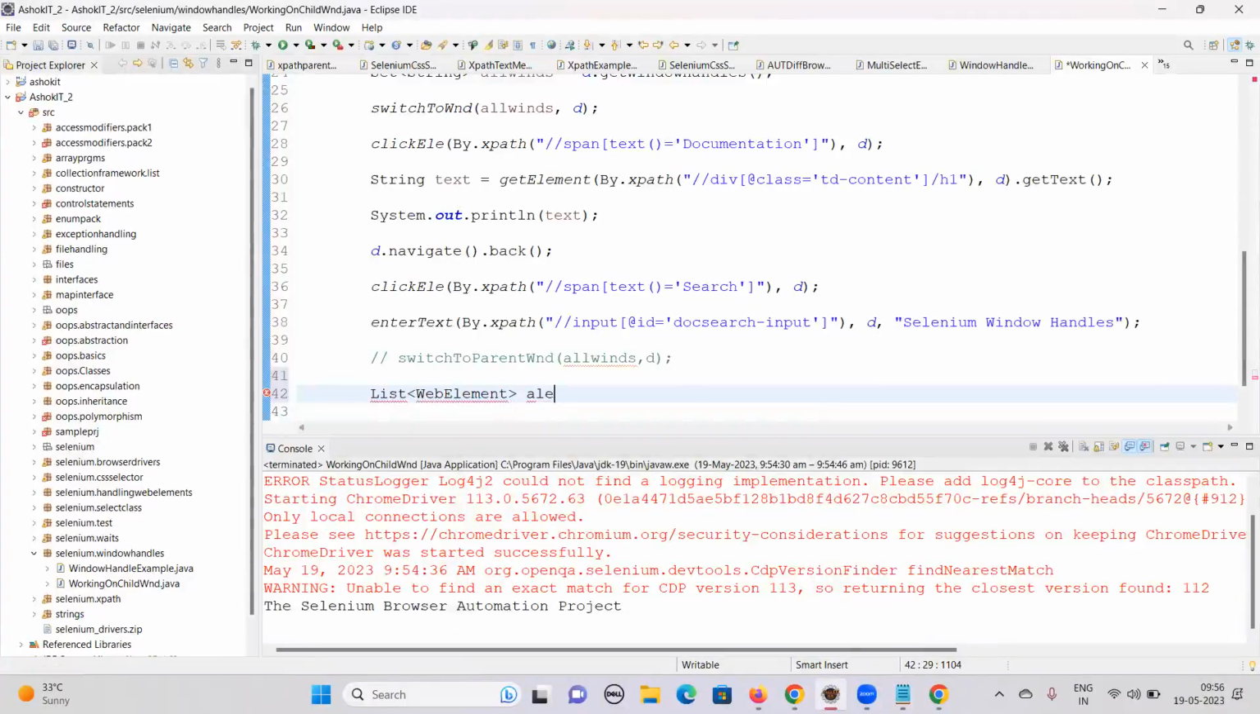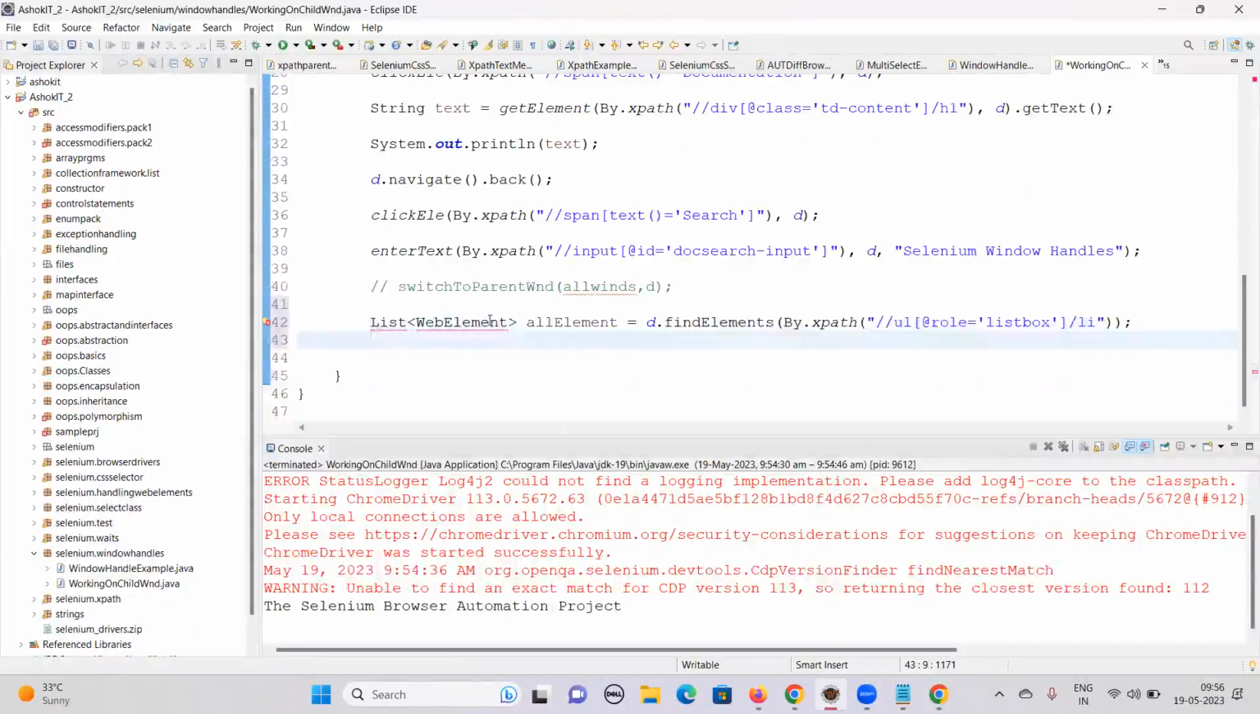All elements, I'm going to say allElements, findElements by.xpath. Okay, so these things we can also write. Now I want to get the list of all the web elements along with